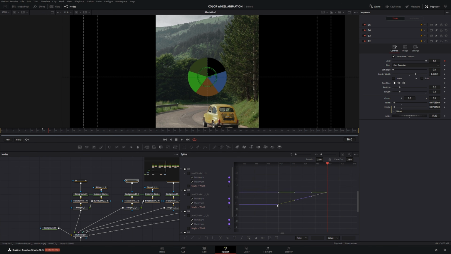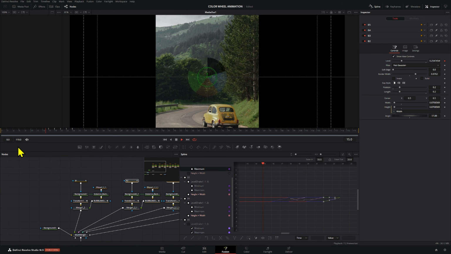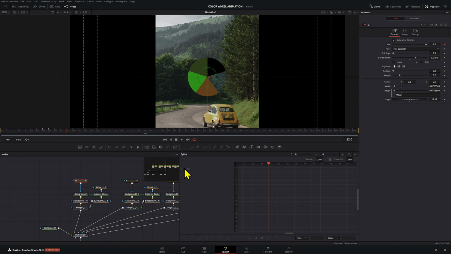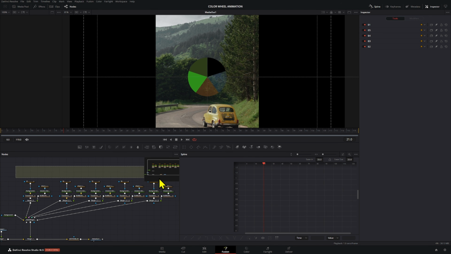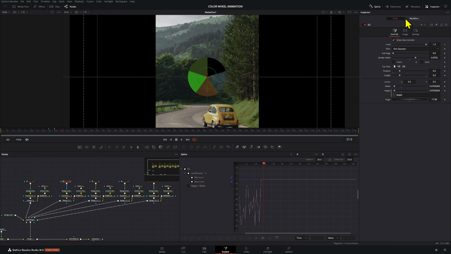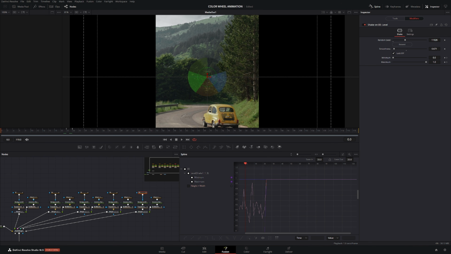So we're gonna move these 2 keyframes, hold shift while you click, and then we're gonna start at 16. After that, we're gonna find B2, and we're gonna deactivate these and do the same process for all of the other colors. That way we have sort of like a little bit of a difference, a delay in the stopping of each of those, right? Okay, now what you want to do here to make them all different actually is go to the modifier and then press reseed on each of those, like that. Now each of them is going to have a little bit of a different flicker effect on them.